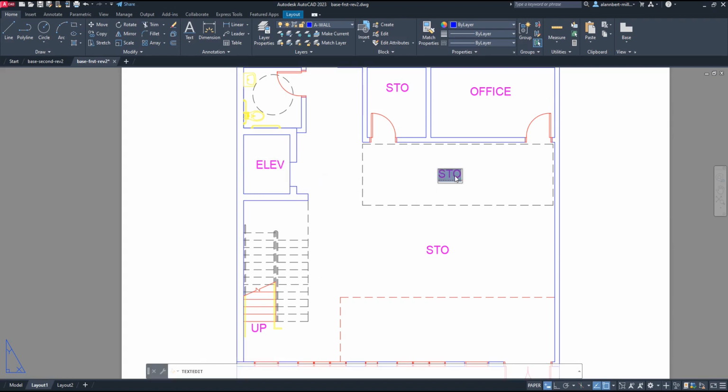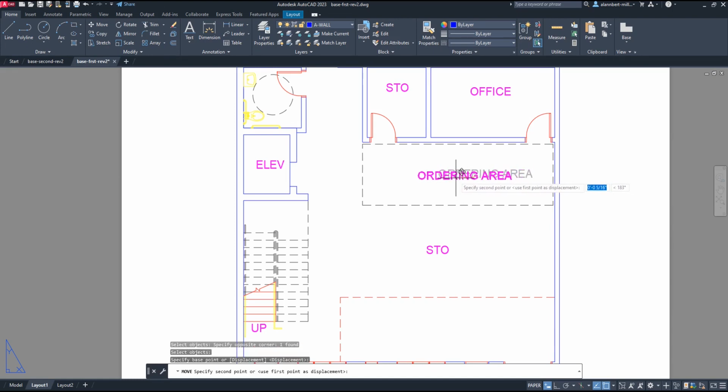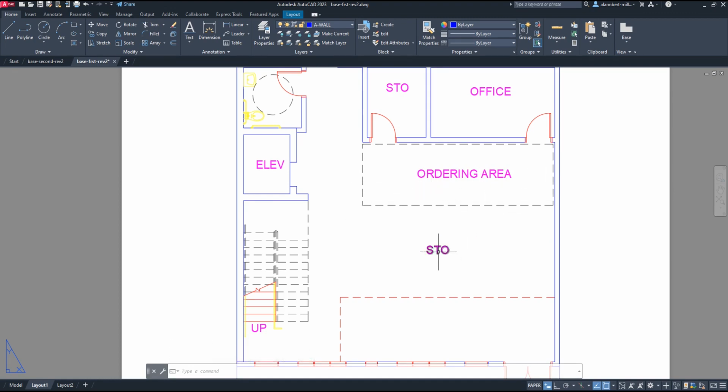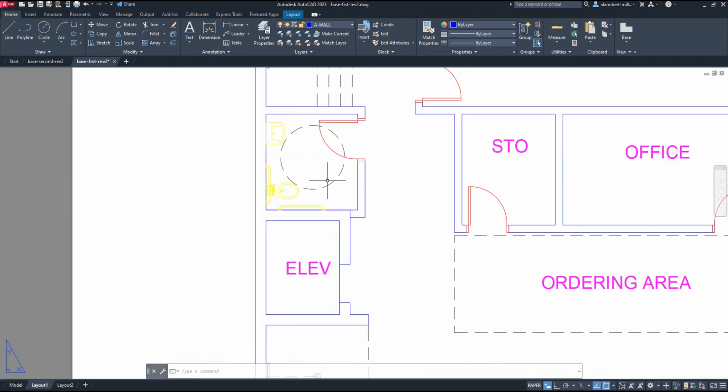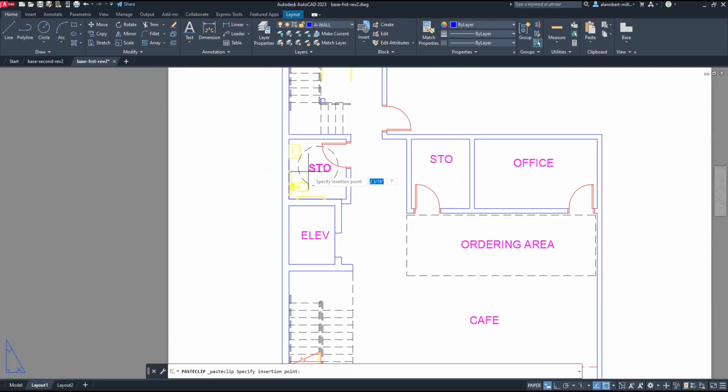This one is the ordering area. And unless they're using a fixture here, we have to provide that fixture later on. When we do the furniture, we'll do that. This one is part of the cafe and cafe seating, and we'll do the furniture later. Control V, and